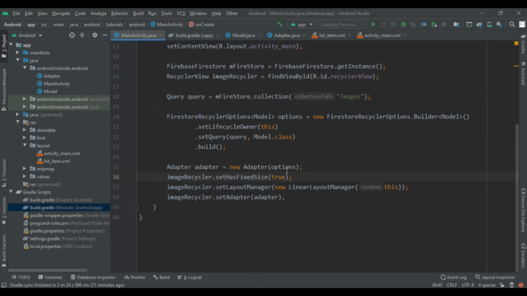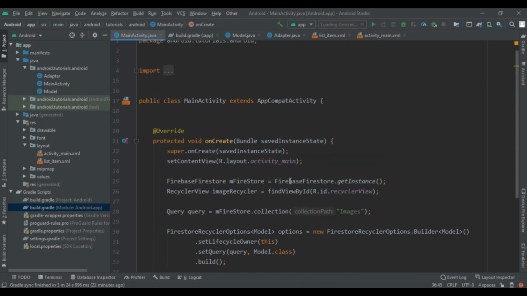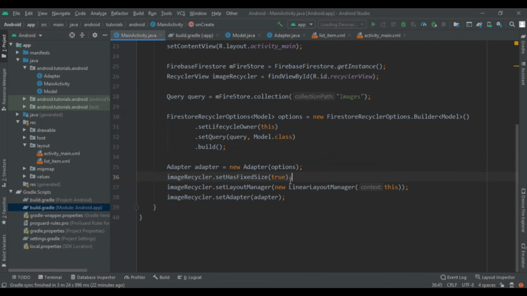After that we are going to set the recycler view setHasFixedSize to true, image recycler setLayoutManager will be LinearLayoutManager, and last is setAdapter and adapter. So in this way we are going to fetch the images from Firebase to our Android app recycler view.